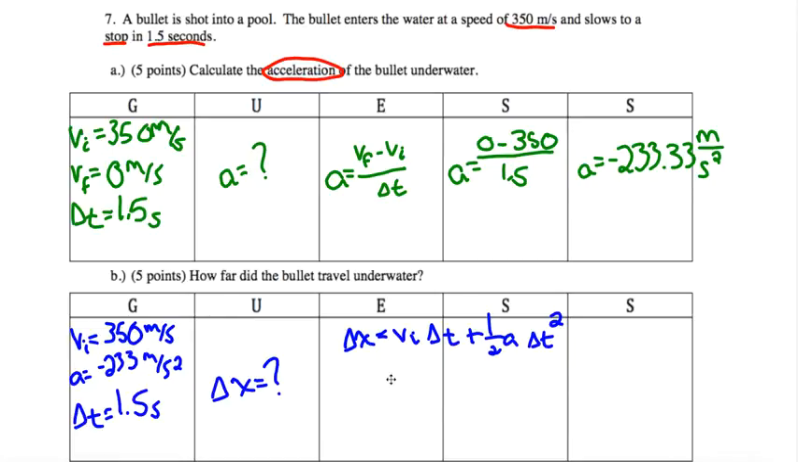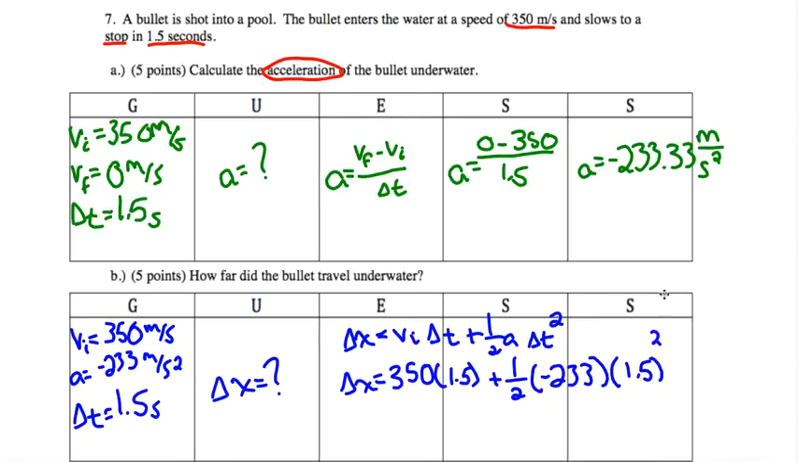We have to plug into this equation. To do that, our velocity initial, we said, was 350. We have 350 multiplied by our time, which is 1.5, plus 1/2 our acceleration of negative 233 times our time again, which is still the 1.5, but we have to square that. Alright, if you do all your math correctly, you multiply each side and then you subtract at the end, you'll